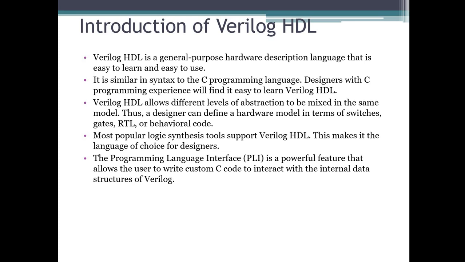So here I would like to tell you one more thing. What is the difference between C and Verilog? If you are freshers, I would like to tell you only one difference: C is a programming language sequential in nature. Everything is executed in a sequential manner, whereas Verilog is a hardware description language and it executes in a concurrent way, you can say in a parallel way.